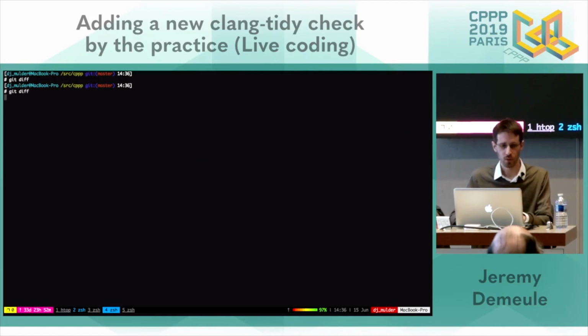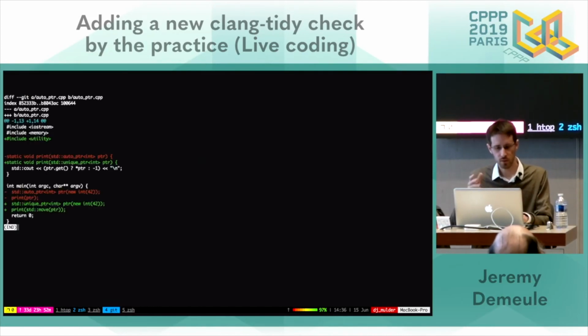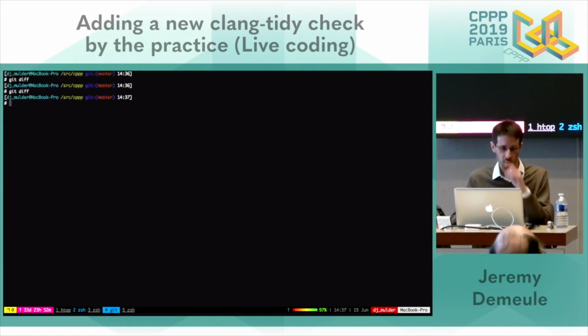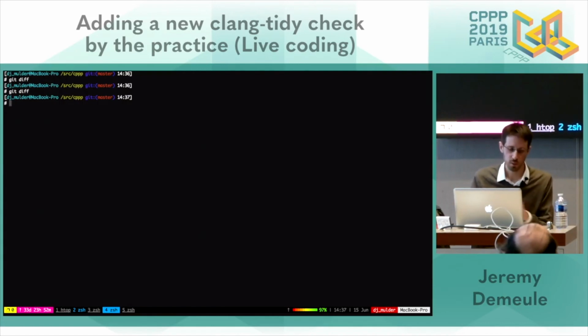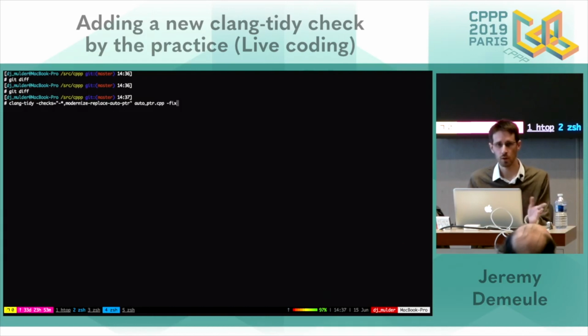So we showed that we are able to launch clang-tidy and apply replacements. I also said previously that clang-tidy is based on a compiler. But here, when I run it, I don't provide any compile options. Or apparently, I don't provide any.